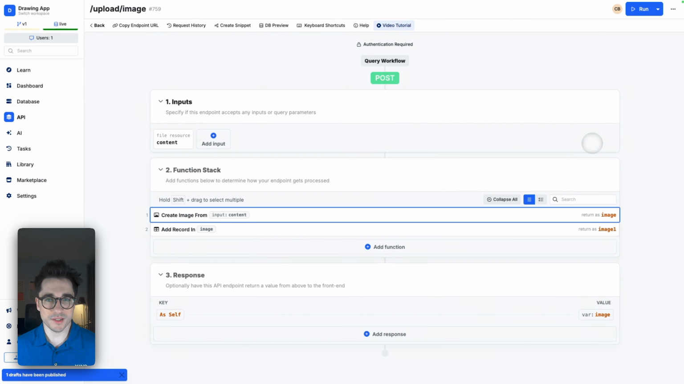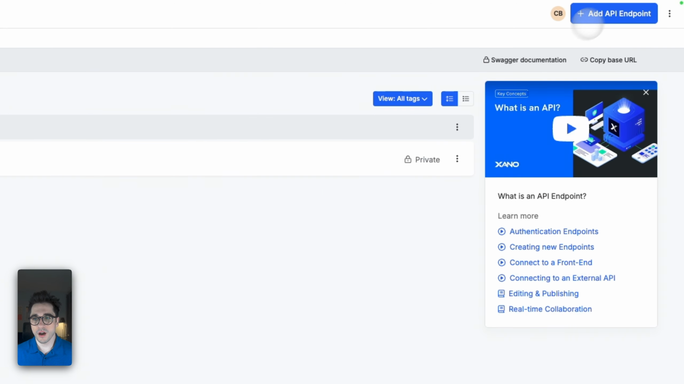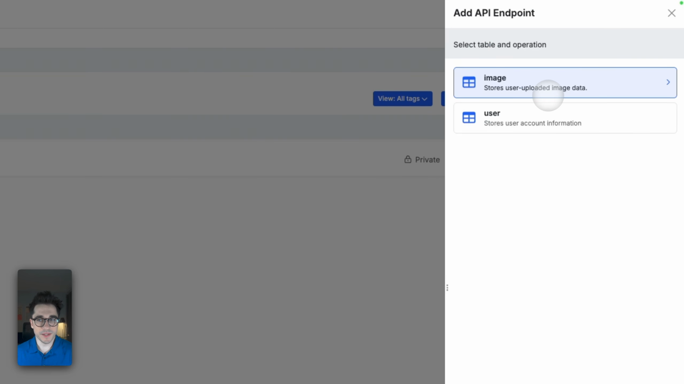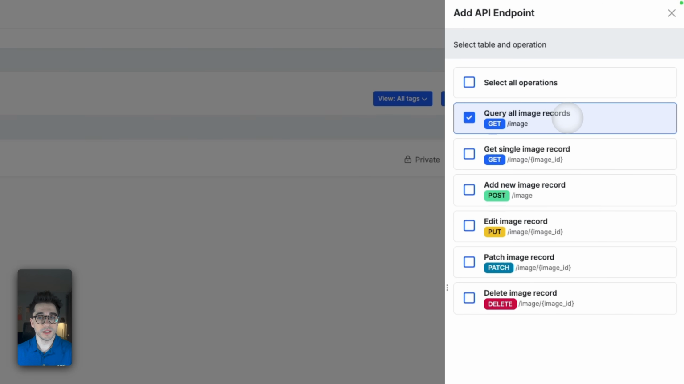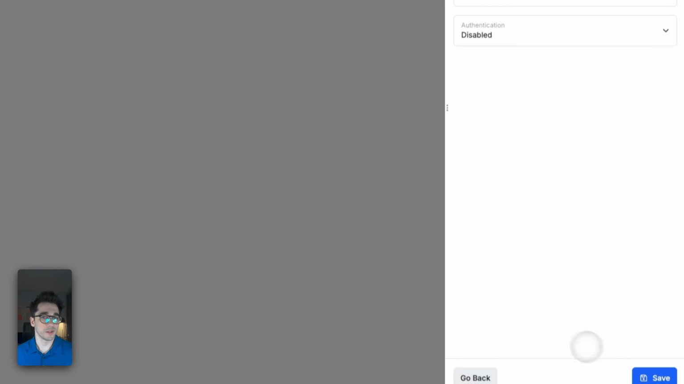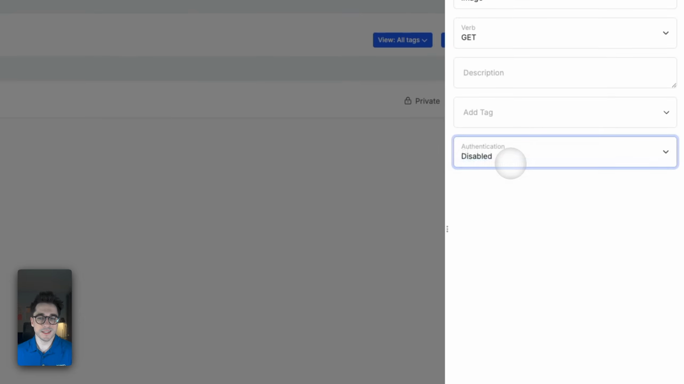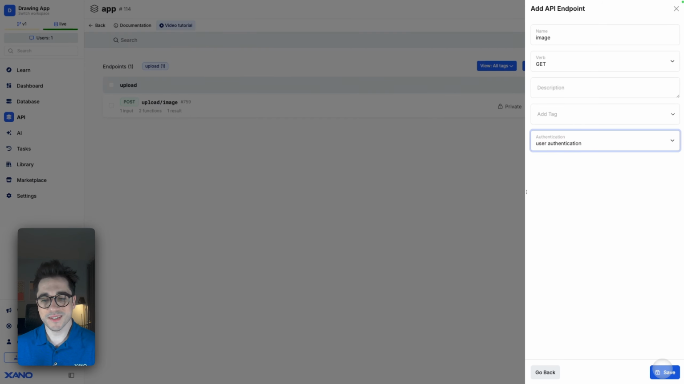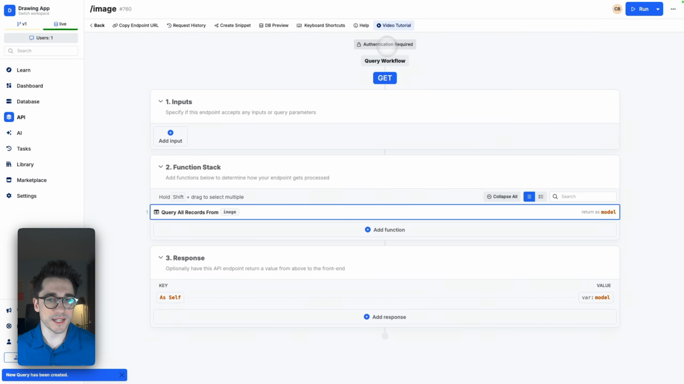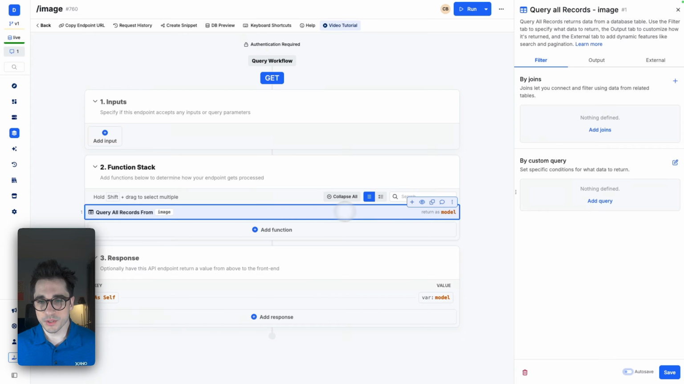We need one more, which is get all of our images. I'll add an API endpoint, CRUD database operations, and then I'll select my image where I'll say query all image records. Create my endpoint. I am going to go ahead and select user authentication for this as well. Same principle. We're going to be able to use that auth ID, since our image table is saving the auth ID with the image, so we can associate an image with the user,